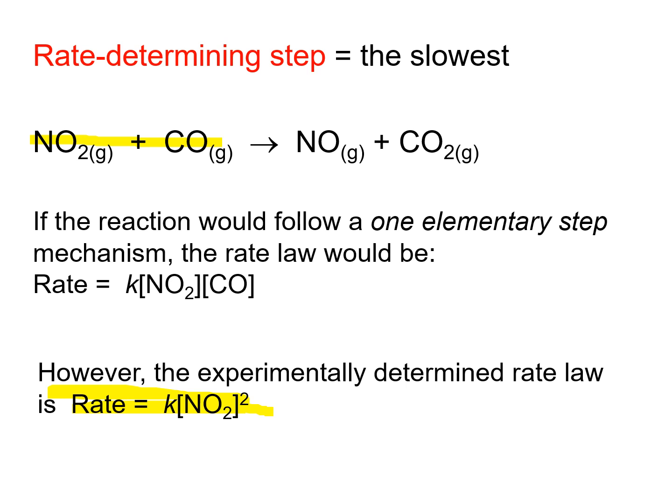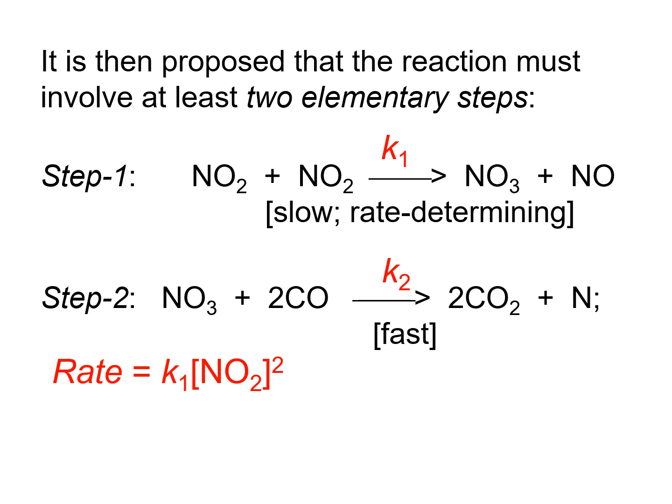There has to be at least two steps, of which you have a slow one where there is NO2 as a reactant, with a coefficient of 2 in front of NO2. So that could be a plausible mechanism. We have a step 1, that is the slow one determining the rate, and in this one we have two molecules of NO2 that need to collide together. Therefore,